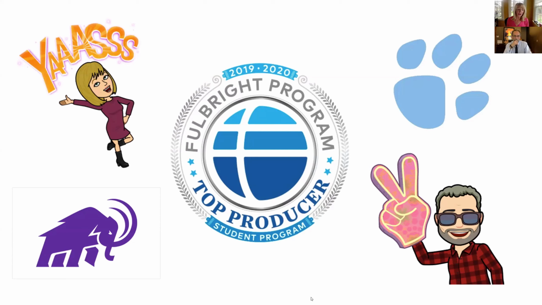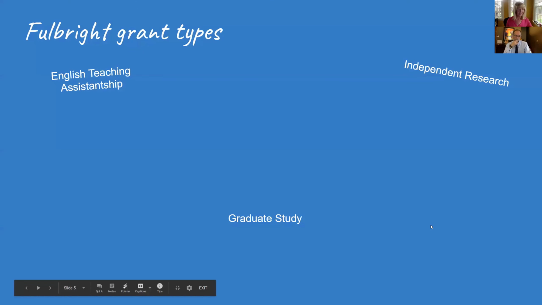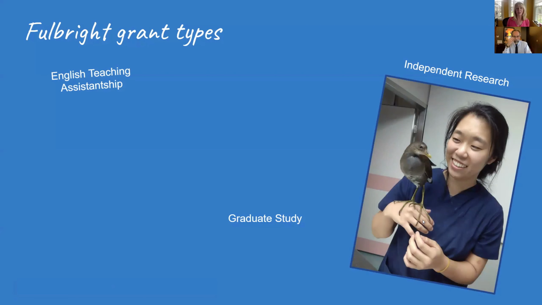And as we mentioned, the Fulbright program represents a number of different kinds of grants. We've alluded to those a little bit, but we want to just quickly review what the program overall has to offer. So first of all, what we did a webinar on Tuesday was about the independent research grant. That's an opportunity to create and design a project of your own and to go out and do it in one of maybe 140 different countries in the world that have the opening for independent research program.